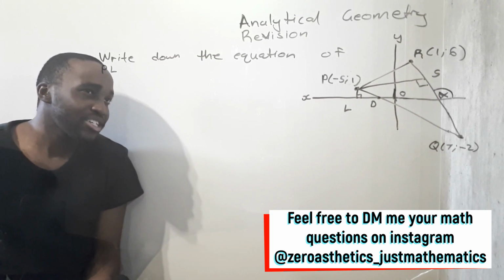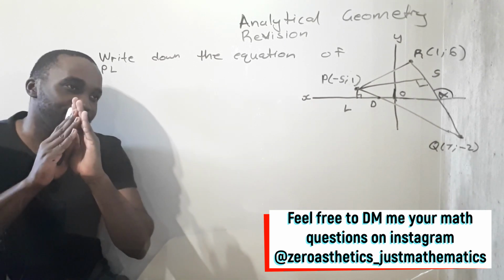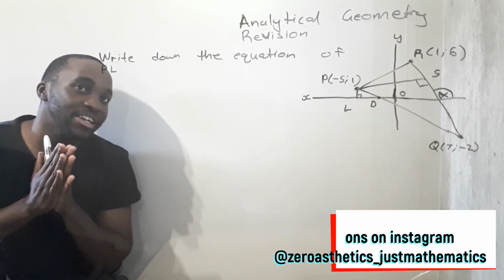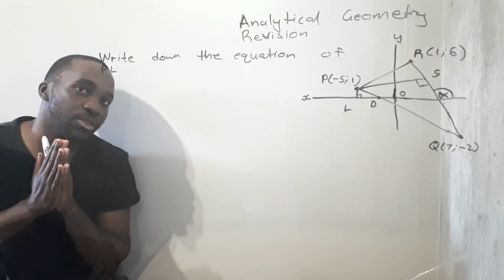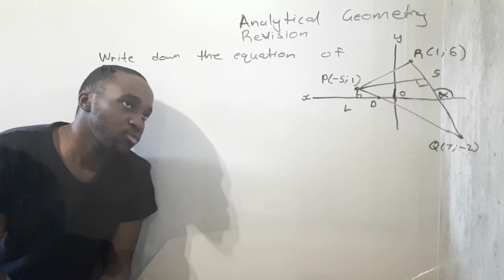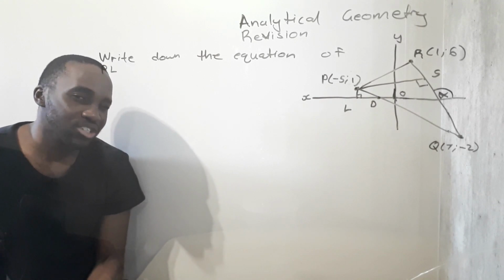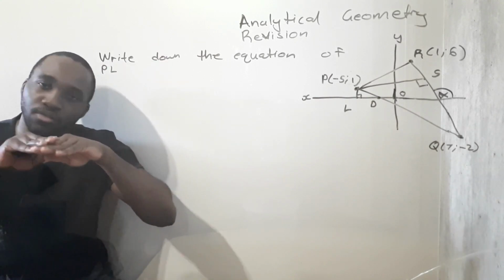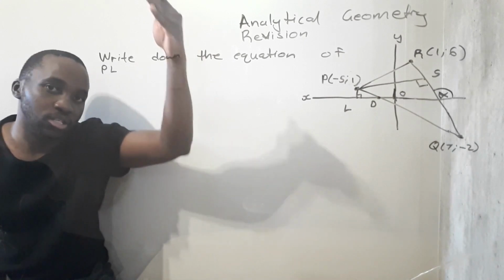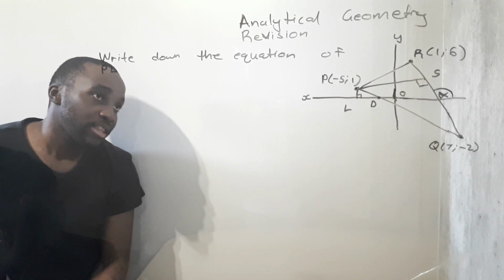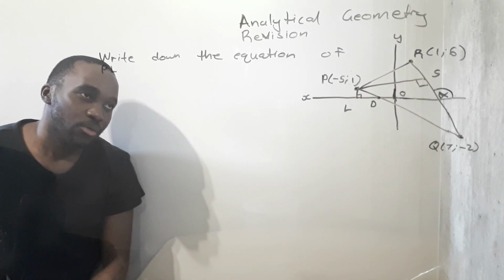With this analytical geometry question, an exam style question, I think I've said that enough already. We need to write down first the equation of line PL. Now the one thing to take away from this question is that PL is a horizontal line. No, vertical line. Horizontal is from left to right, vertical is from top to bottom. So PL is a vertical line, and they want us to get an equation of this vertical